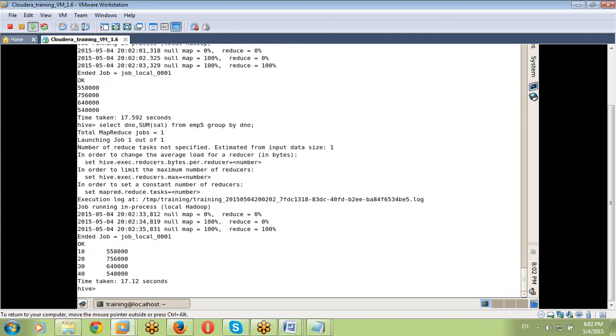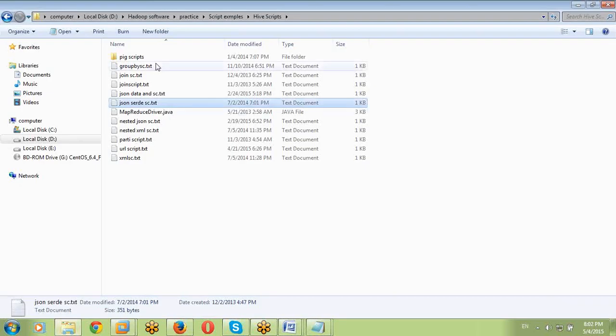Yes, department number, that is the total salary. Now I want to apply minimum salary, maximum salary, average salary, anything I can apply it here. I want to count the employees, you can do it also. Right? Same thing is there in scripts also. In your scripts, we have all these points also available.